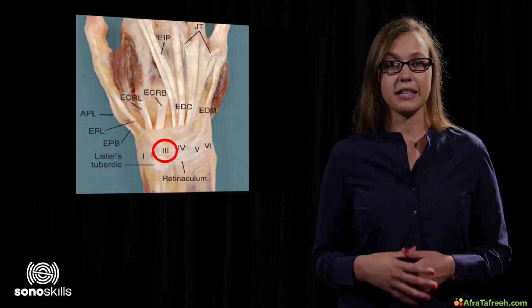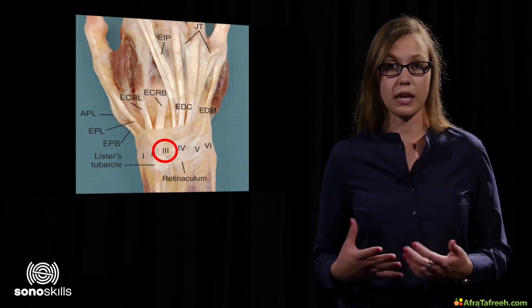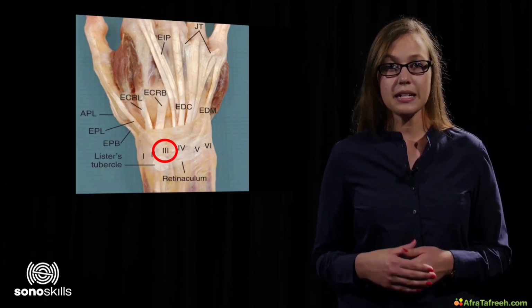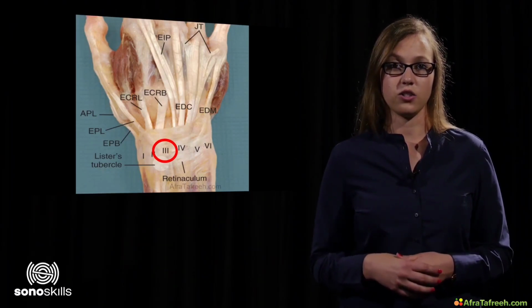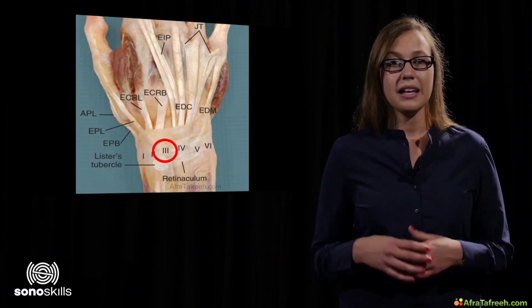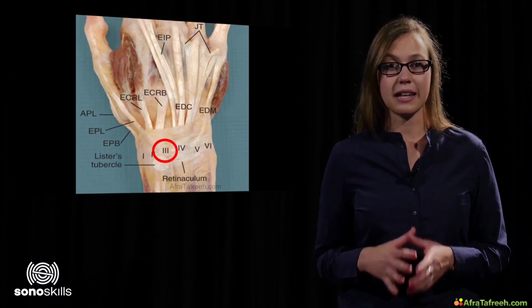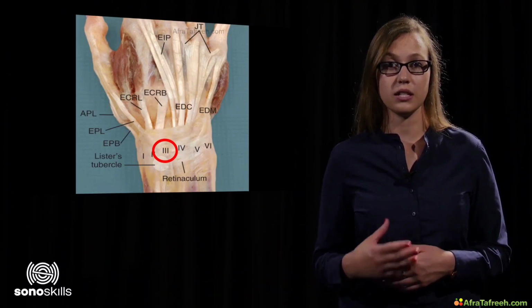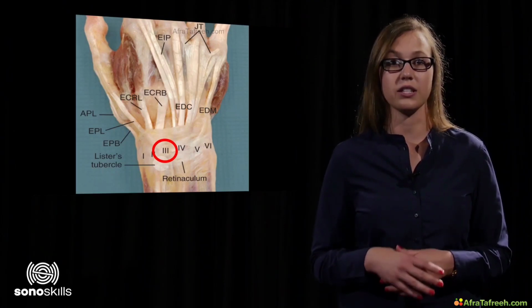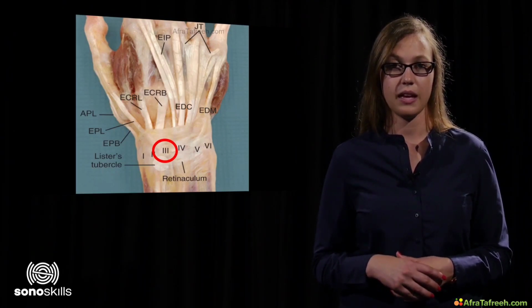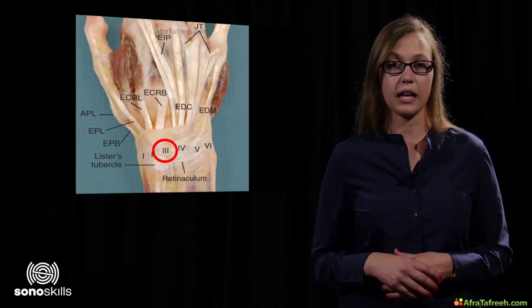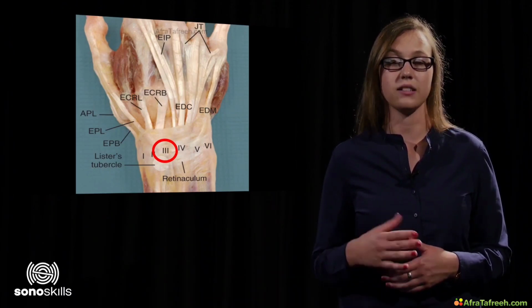Compartment 3 contains the extensor pollicis longus, or EPL. Compartment 3 can be found immediately on the ulnar side of Lister's tubercle. Lister's tubercle is an important landmark for the EPL, as this muscle has a proximal to distal course until it reaches Lister's tubercle. At this level, it suddenly angles around Lister's tubercle and courses diagonally in a radial direction towards